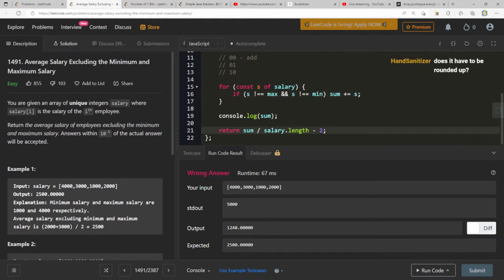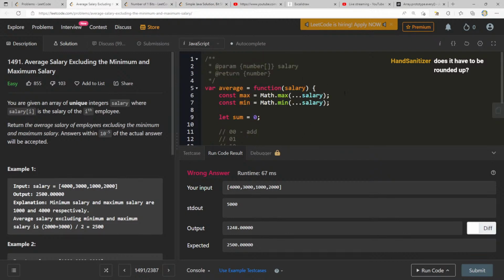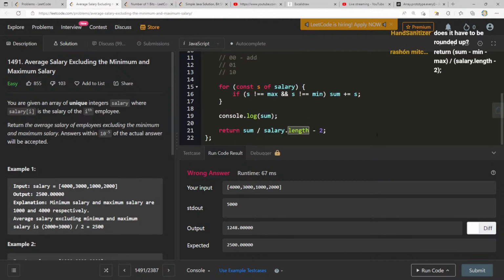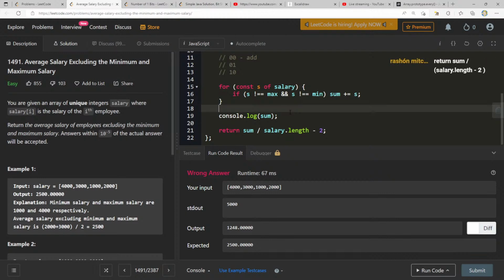And why am I not getting 5,000 divided by salary.length, which is 4 minus 2? Does it have to be rounded up? Really though? But sum minus min minus max? Maybe it might have to be, but return sum divided by salary.length minus 2.